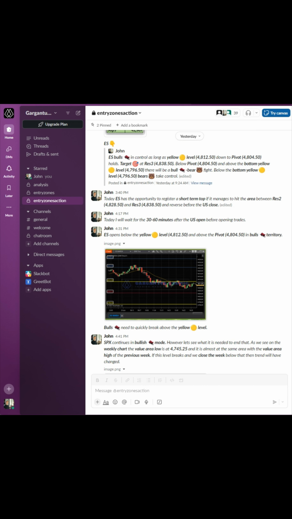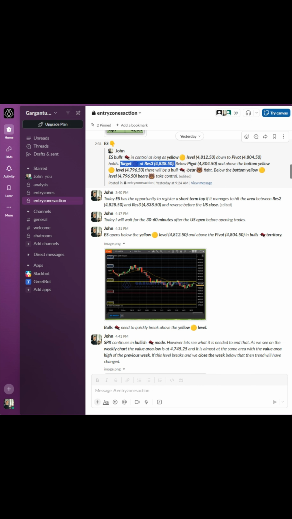As we see here, before the US Open, we have the note on ES that says that the ES bulls are in control as long as the yellow level at 4812.50 down to the pivot at 4804.50 holds. This means that this area at 4812.50 down to 4804.50 is a buy area with a stop below 4804.50. The stop is fixed, it's 2 points below 4804.50. The target for the longs, if the index moves in our direction, is resistance 3, that is at